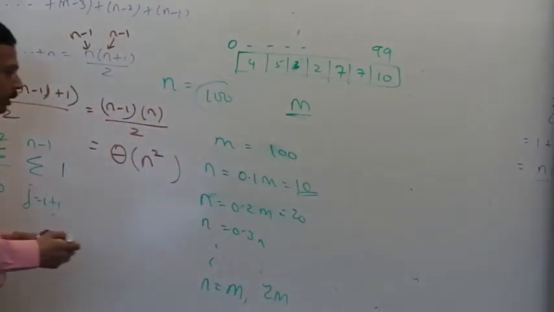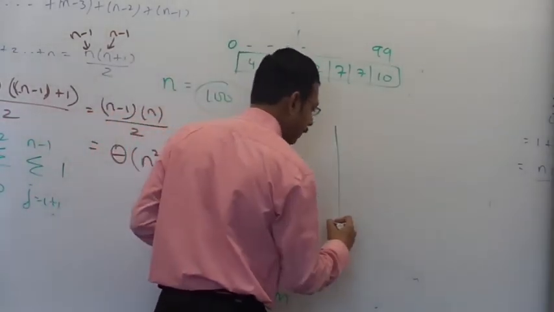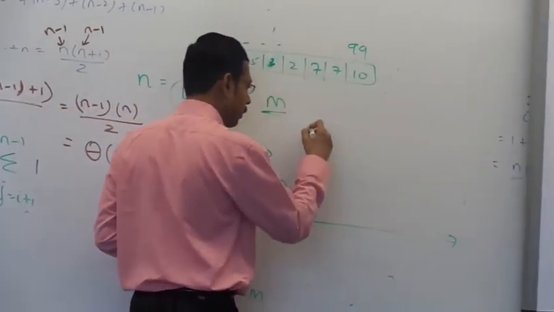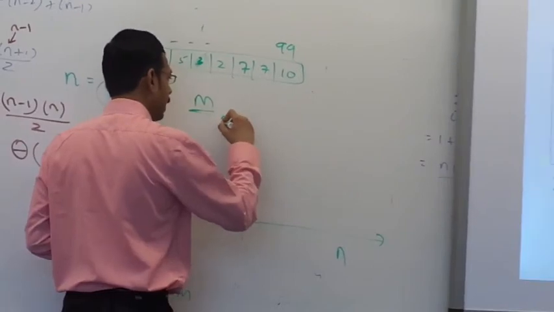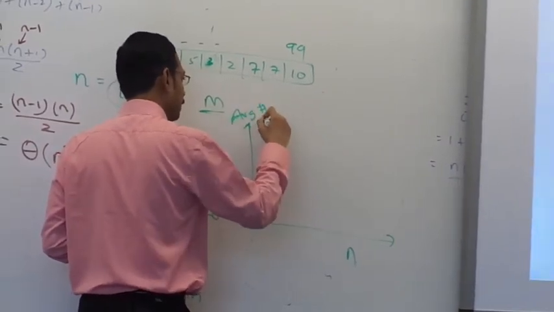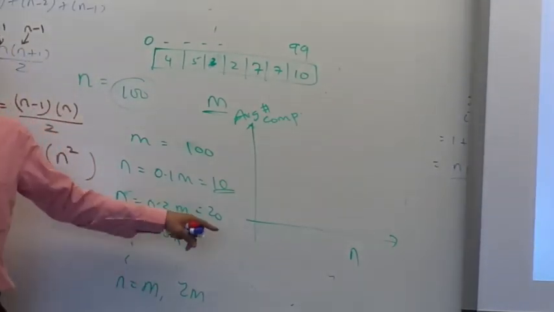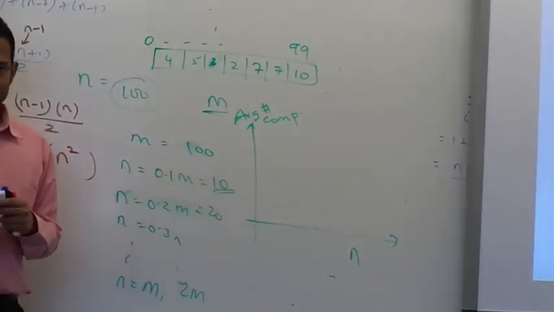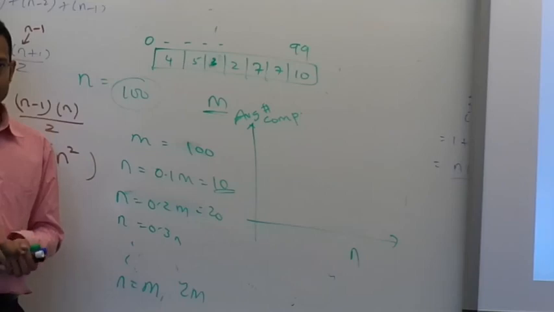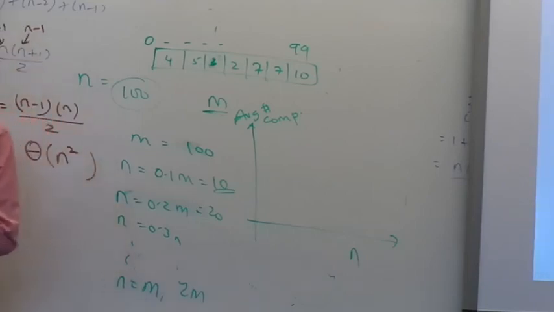For each of them, you will count the number of comparisons and plot n versus the average number of comparisons. The size of the array versus the average number of comparisons. Okay? So go over the project. I'll try to record what I explained to you briefly about the project and